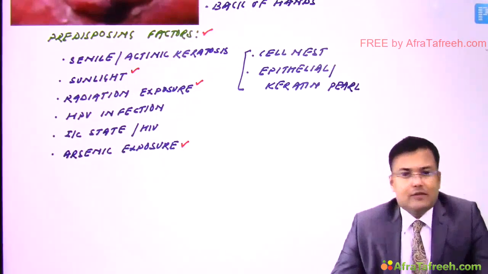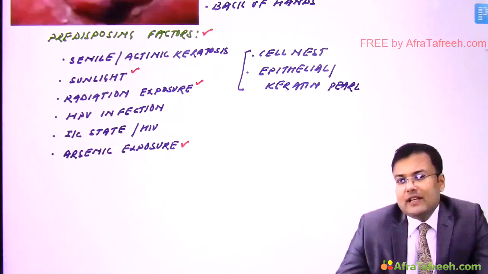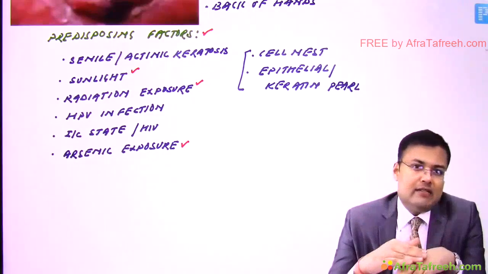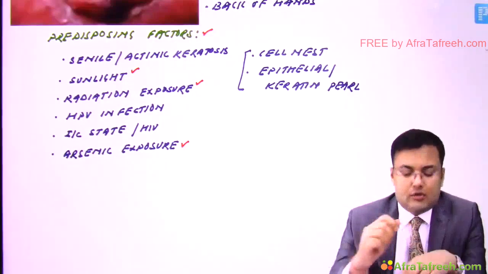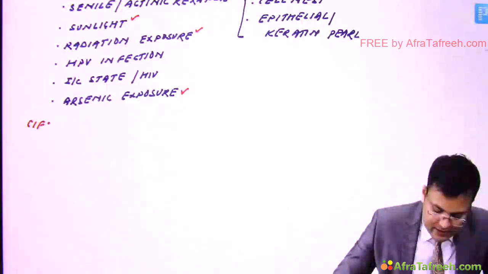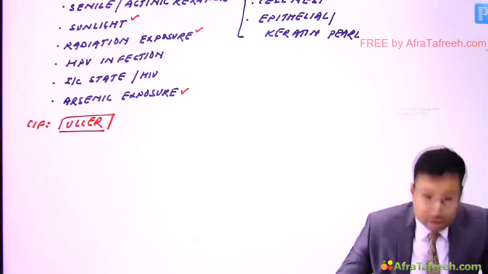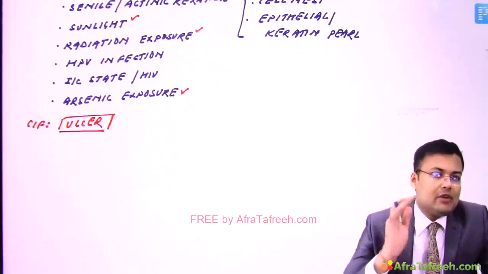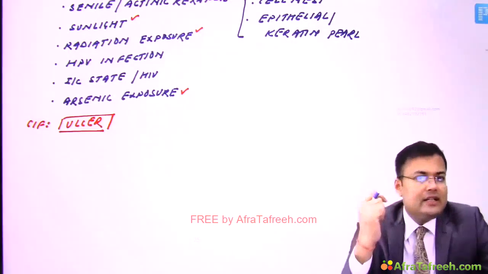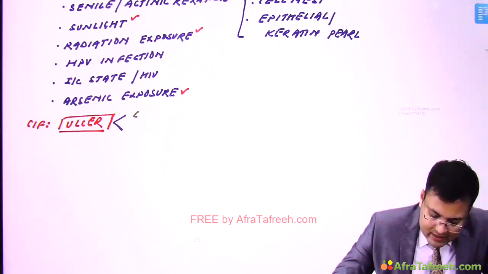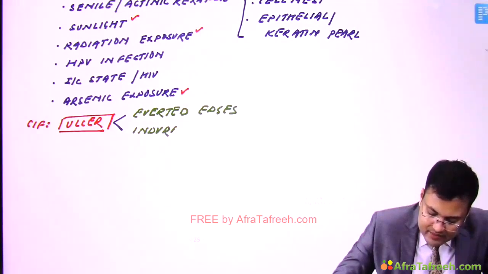Now, what is the presentation of squamous cell carcinoma? If you have seen, in the majority of cases, patients are having an ulcer. So the most common presentation or most common variety is the ulcerative variety. Sometimes patients are having nodules also. So the most common presentation is ulcer, and sometimes there is presence of nodules also. We discussed what kind of ulcer and what kind of edges. There is presence of everted edges, and these patients are having an indurated base. Patients have everted edges in the ulcer and there is an indurated base.